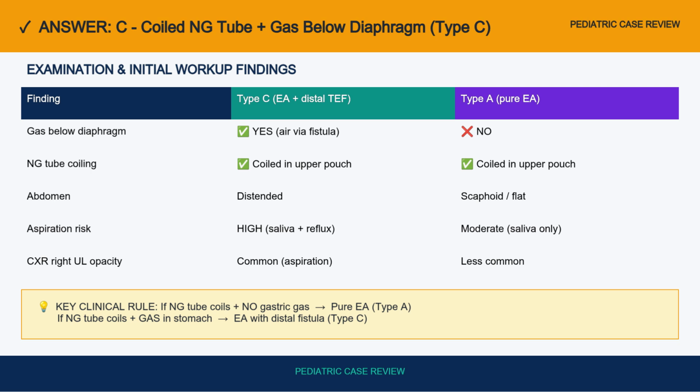a distal tracheoesophageal fistula. The key clinical rule is straightforward. If the nasogastric tube coils and there is no gastric gas, this is pure esophageal atresia, type A. If the tube coils and gas is present in the stomach, the distal fistula is connecting the airway to the gastrointestinal tract, confirming type C. Type C also carries a higher aspiration risk because both pooled saliva and gastric reflux can enter the airway via